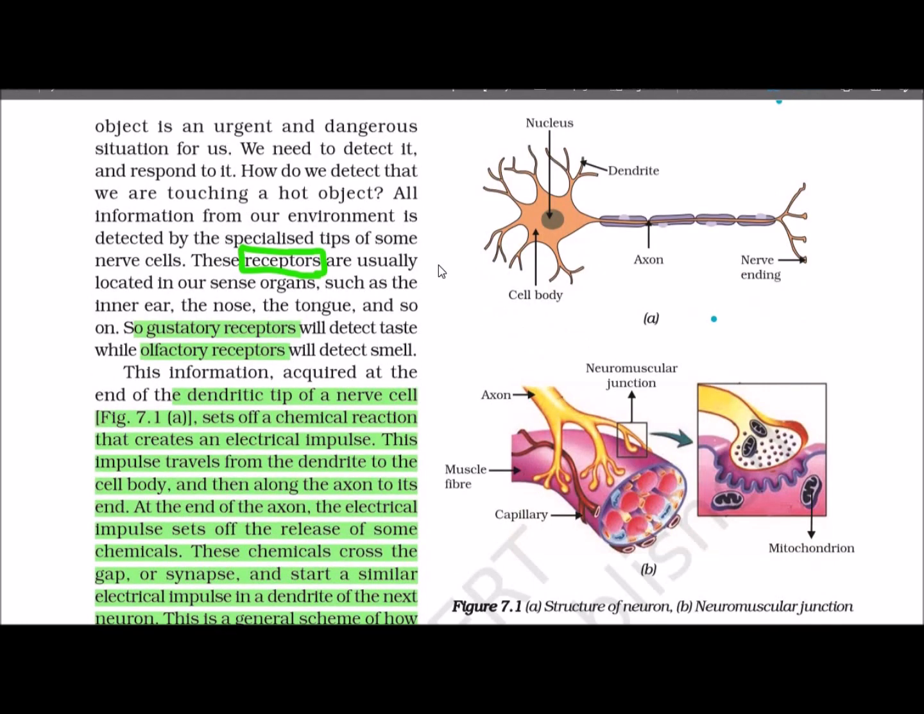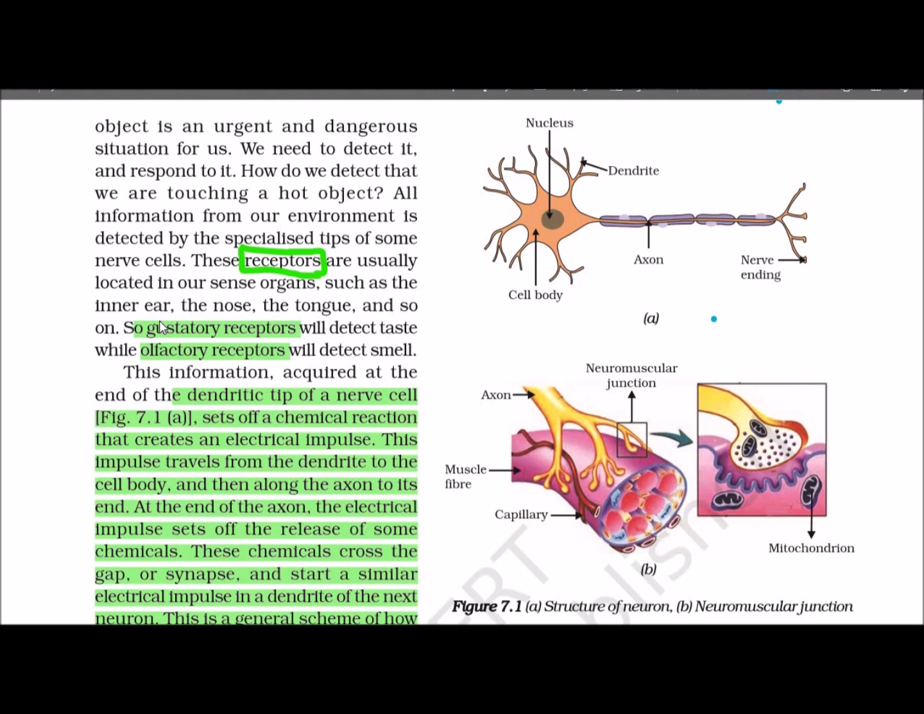All the information from our environment is detected by the specialized tip of some nerve cells. These receptors are usually located in our sense organs, such as the ear, nose, tongue, and so on. So what do you mean by a receptor? Receptors are the cells, tissues and organs which are capable of receiving a particular stimulus and initiating an impulse to be picked up by the sensory nerve. Some of the sensory receptors are